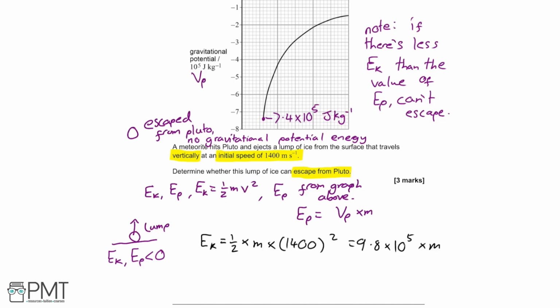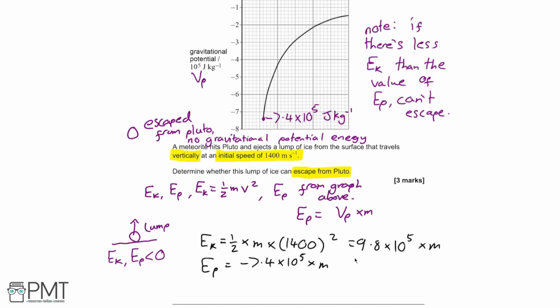So then, we know that the potential energy, EP, is equal to minus 7.4 times 10 to the 5 multiplied by the mass of the lump, which is m, and we still don't know this. And so, like we said, we want to have enough kinetic energy that we can cancel out all the potential energy and be left with no potential energy. So in other words, we need to convert some of this to potential so that we go from minus 7.4 to 0. To go from minus 7.4 to 0, we need at least 7.4 times 10 to the 5 times